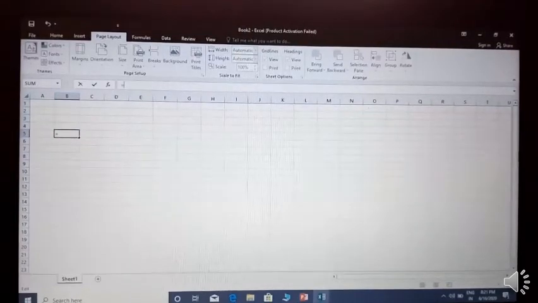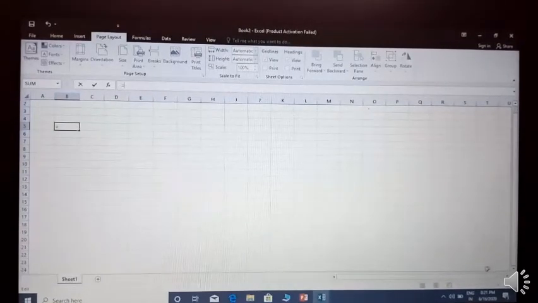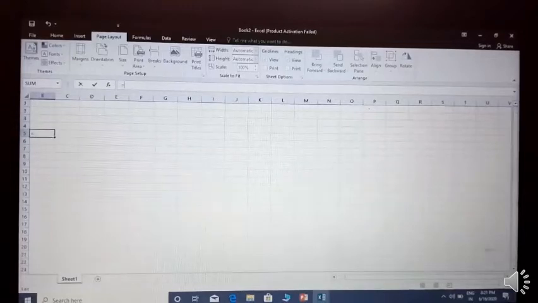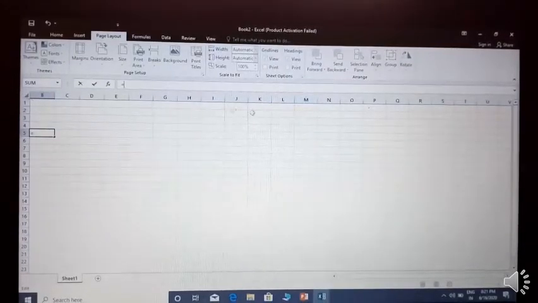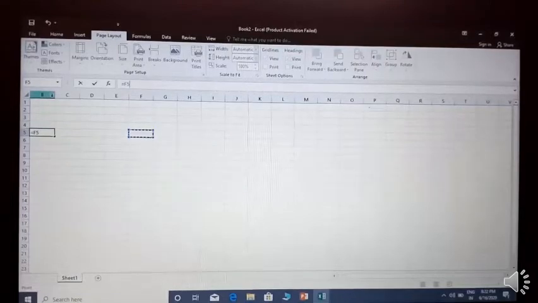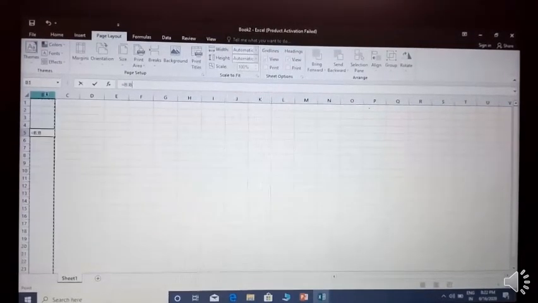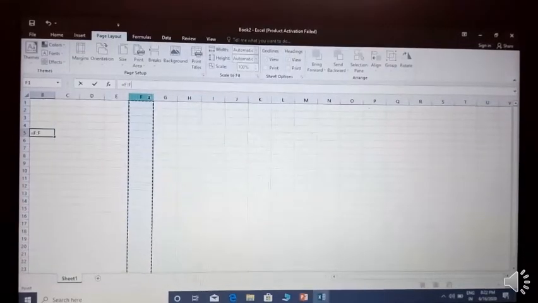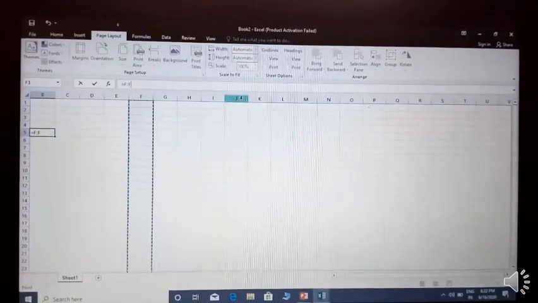This is the scroll bar, you already know, horizontal and vertical scroll bar. So these are the basics, and this full area is called the worksheet. How can you select a column? If you want to select a column, click on the column letter. This is a selection of a full column. If I have to select column F, I will click here. If I have to select this column, I will click here.